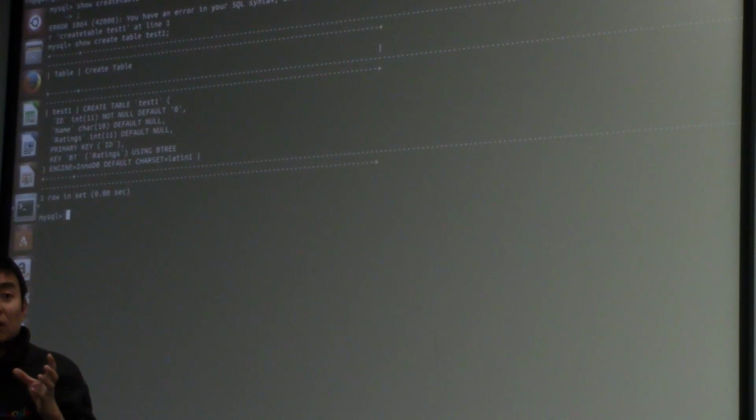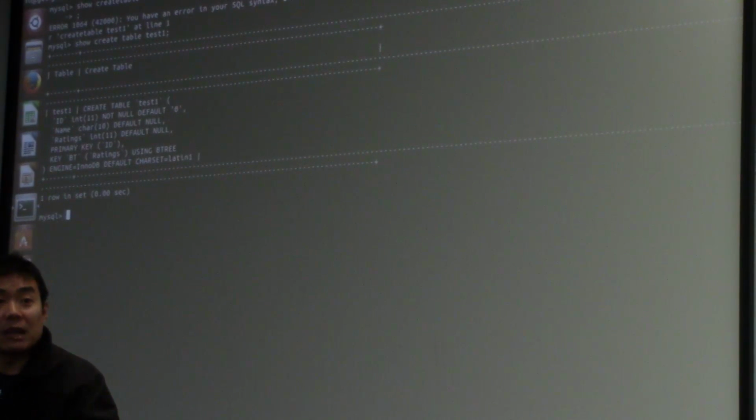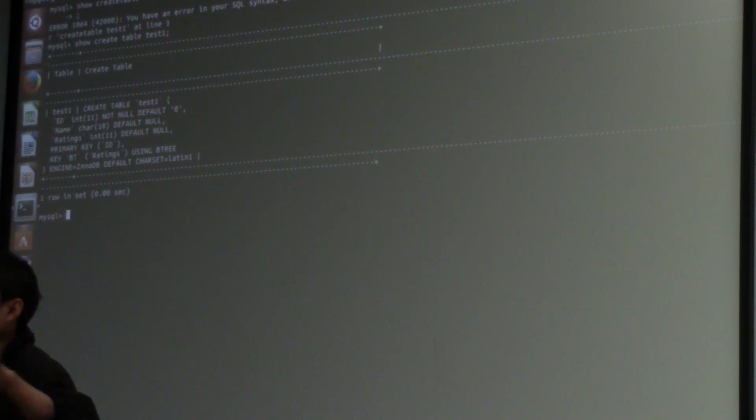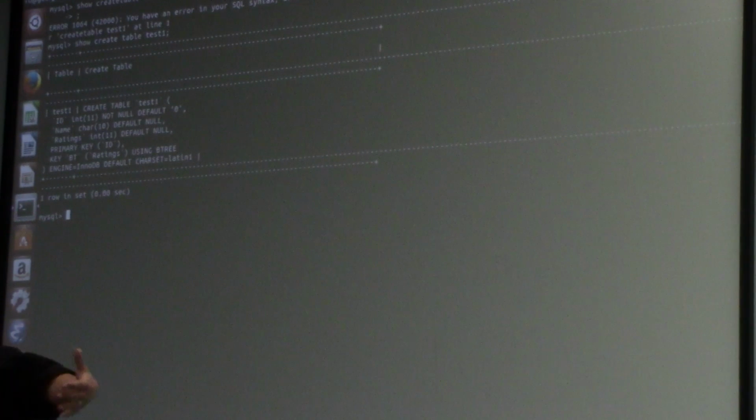What's interesting is if you look at the rating attribute, I have a B tree index, B plus tree index. That's what I'm gonna talk about next. Imagine, this is just kind of some indexing structure built over that particular attribute. You may ask me, what's an indexing structure? Well, an indexing structure is a data structure that enables you to do fast queries over that attribute. At a high level, that's what it is. And I will talk about that in detail next, after running our experiments.